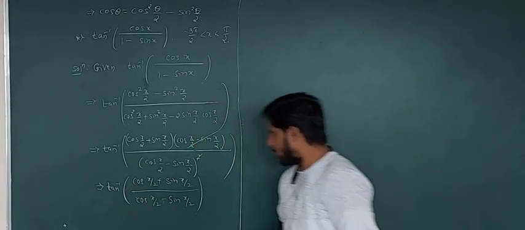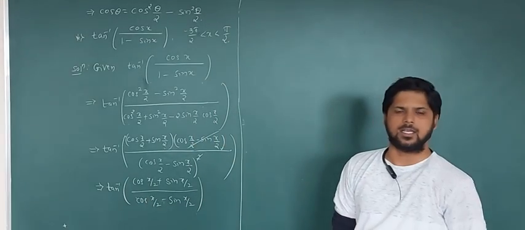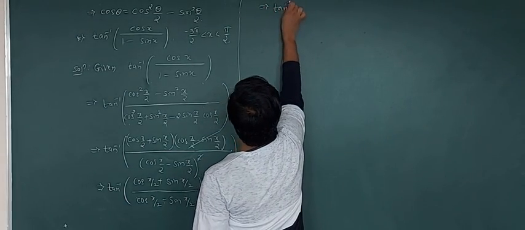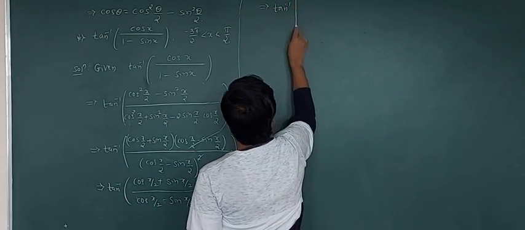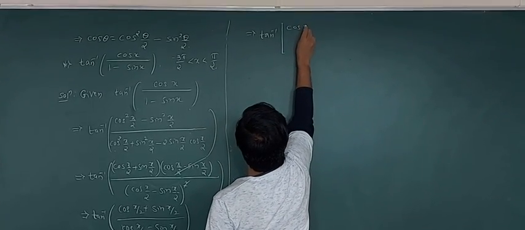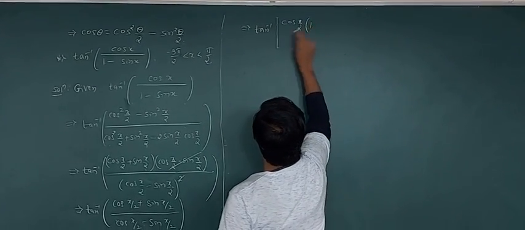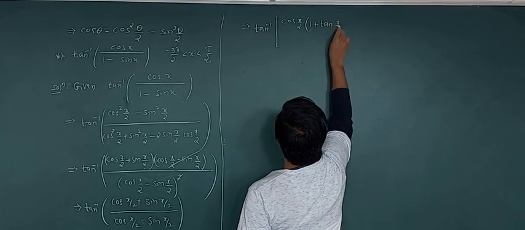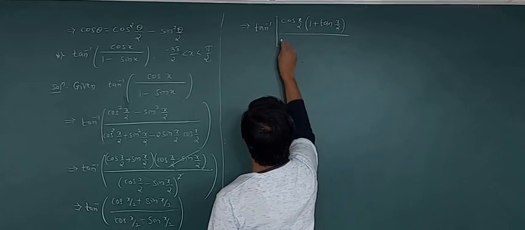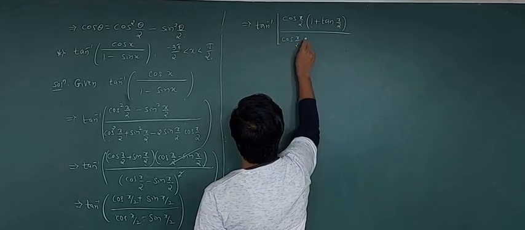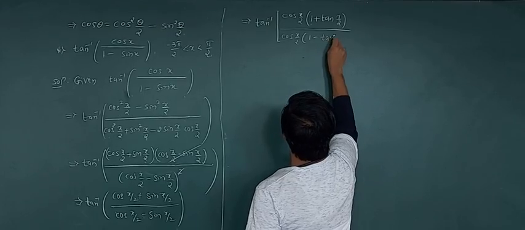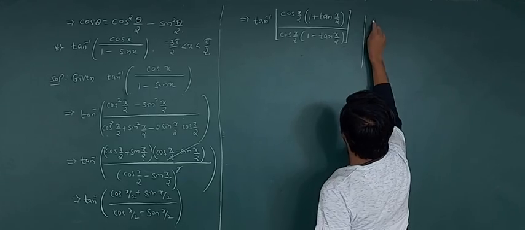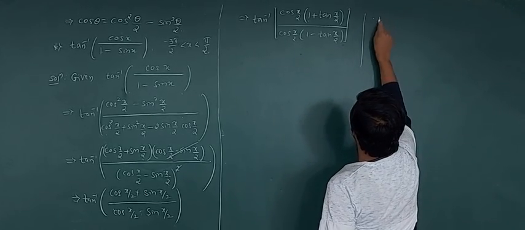So in the numerator as well as the denominator, I am going to take cos x by 2 outside. We get, inside the bracket, tan inverse of numerator: take it outside as cos x by 2. Inside the bracket we remain with 1 plus tan x by 2. In the denominator also I will take cos x by 2 outside. Inside the bracket we get 1 minus tan x by 2, because we know that